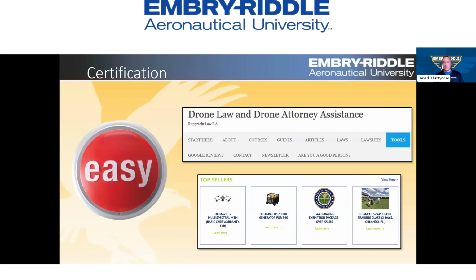The problem is that you're basically going to be stuck with the procedures and the manuals that they give you, because that's what the FAA is looking at, especially for over 55 pounds: are you going to be able to do this safely? So you're going to be following somebody else's manuals. Anyway, just know there is an easy button. There are businesses that will make this happen, and there have been some great products that they've put out and they've done a fantastic job. So just realize the easy button is there if you want to go that way.